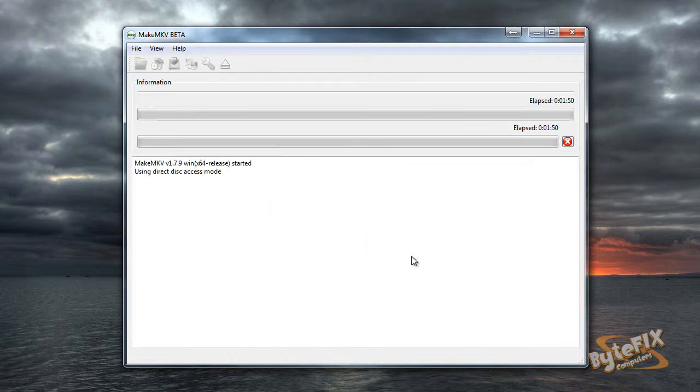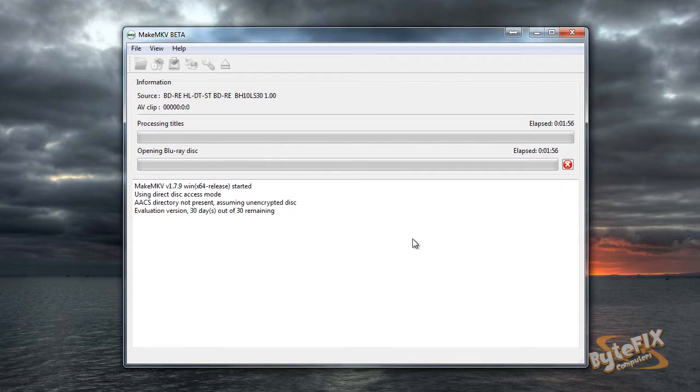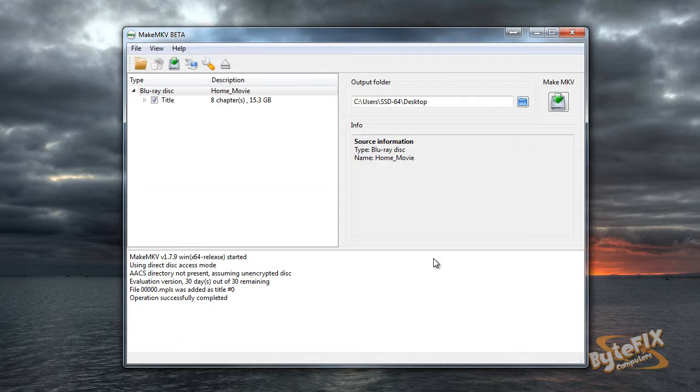You're going to get a little pop-up. It says that it's shareware and you can evaluate it for 30 days. Click Yes. Like I said, this is a very good program, and for $50 it's worth buying. I'm using the shareware version right now so that I can show you some of the pop-ups that occur when using it as freeware. Now it's done reading my Blu-ray disc, and you can see here there is one movie